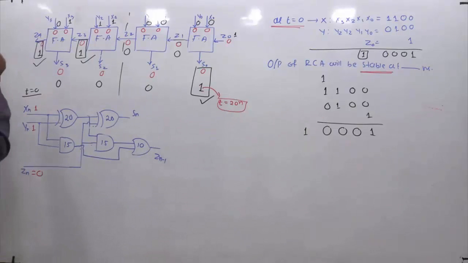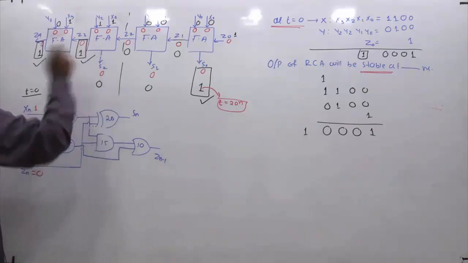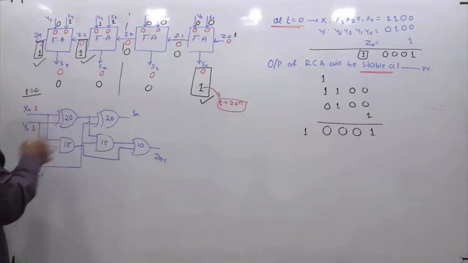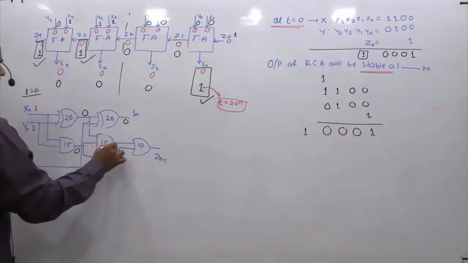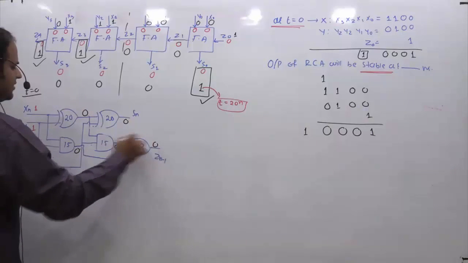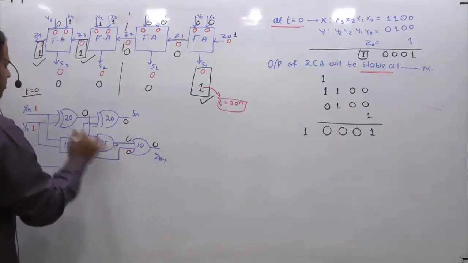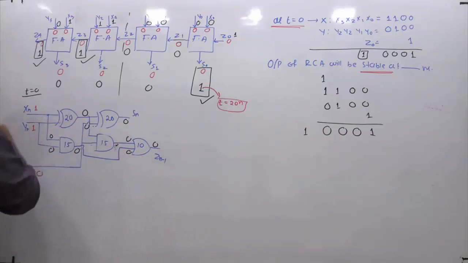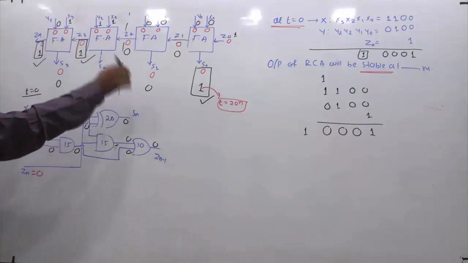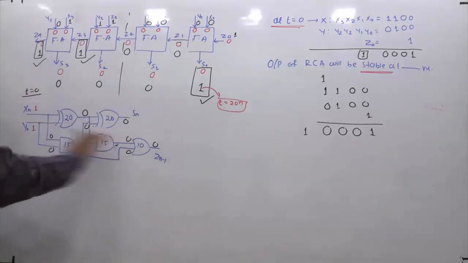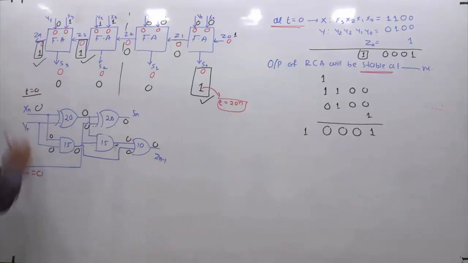So coming to this particular adder, initially all are in reset state. So when I say all are in reset state, by default this is the original situation. What time? Before t equal to 0, before applying any inputs, this is the situation of this particular adder. Which adder? This adder I am speaking of. Before applying any inputs, before t equal to 0, this is the scenario.